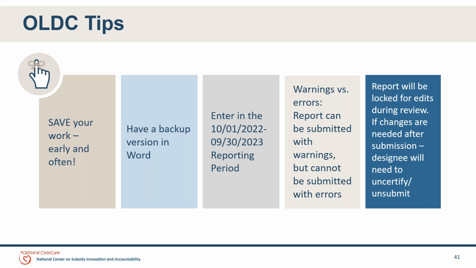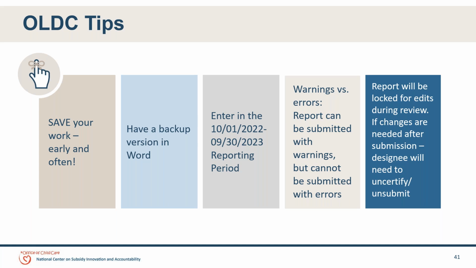Next, we have warnings versus errors. So I think I mentioned when I showed you the OLDC screen, there's a little button that says validate that you're going to have to press before you certify. And if there are any issues, they'll show up as either warnings or errors. If you get warnings, we want you to obviously look at them and address them, but the report can still be submitted. Sometimes there's just little quirks in the system that they don't like something, but it really was done okay, so you can go ahead and submit. If there's errors though, that's a bigger issue where something is not right. So those do need to be fixed before you can submit.